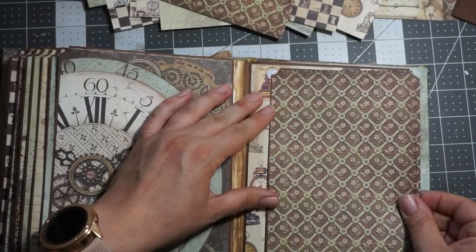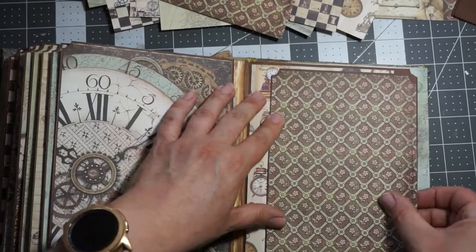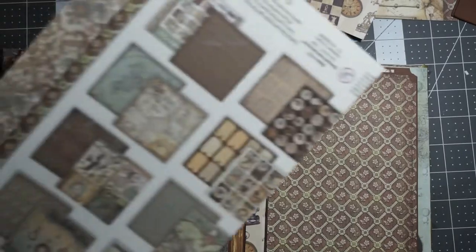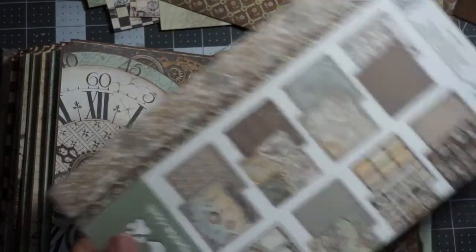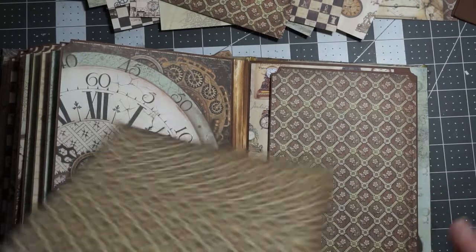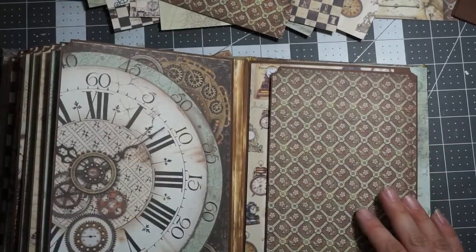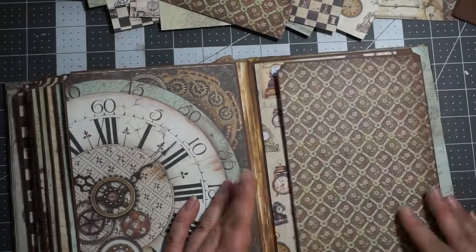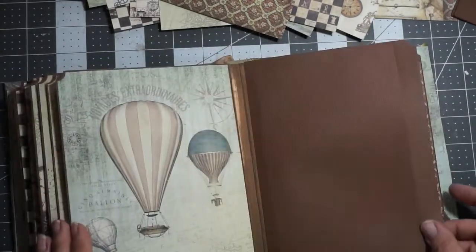And I really like how Stamperia uses the back of their paper pads. Back of their front sheet. This is the back of their back sheet. It's really nice. It's that clock. I was like, oh, I won't be able to use that because I used it all on here, but I could because they included that. Okay. So